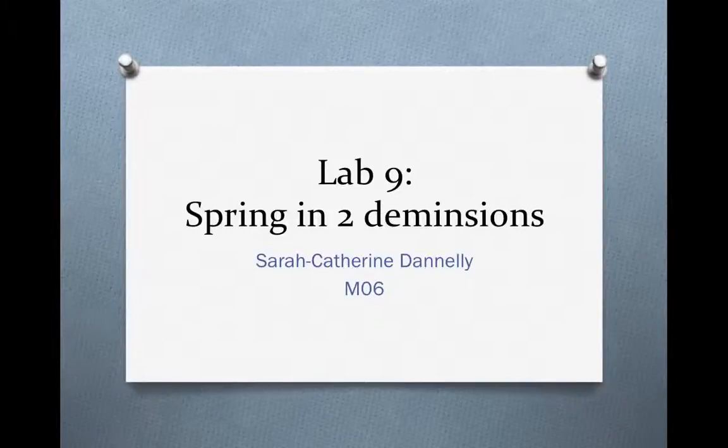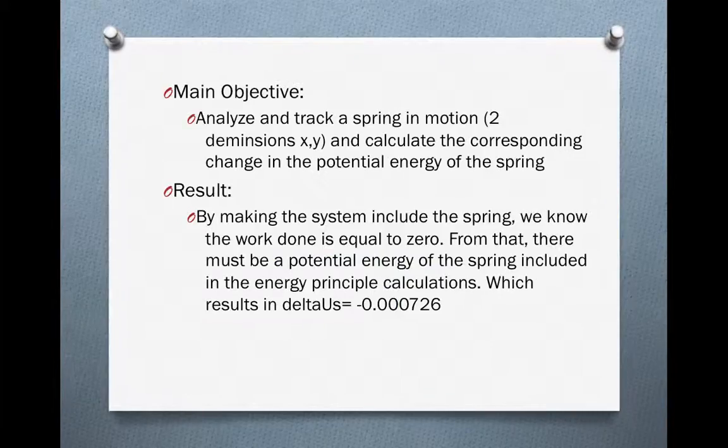This is Lab 9, spring in 2 dimensions. The main objective is to analyze and track a spring in motion in 2 dimensions and calculate the corresponding change in the potential energy of the spring. By making the system include the spring, the work done is equal to 0. From that, there must be a potential energy of the spring included in the energy principle calculations, which results in a delta potential energy of the spring of negative